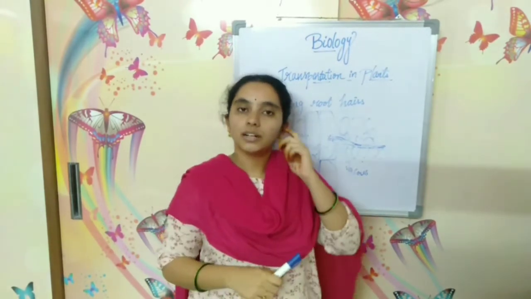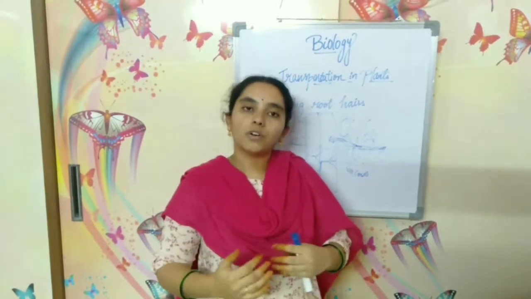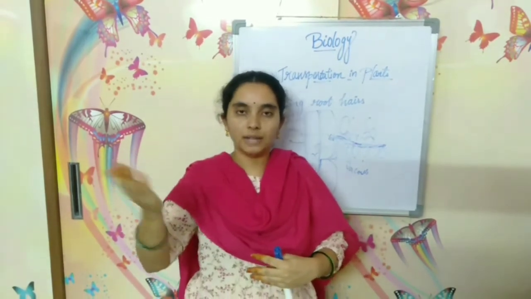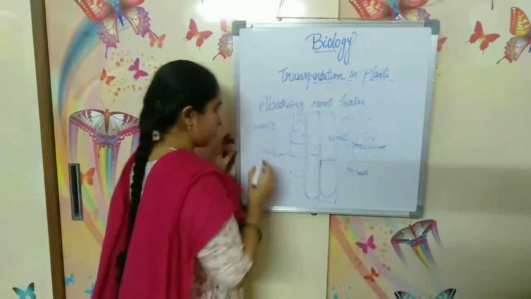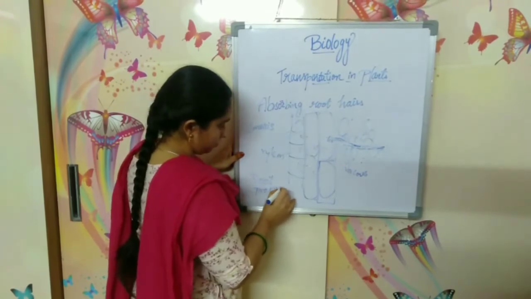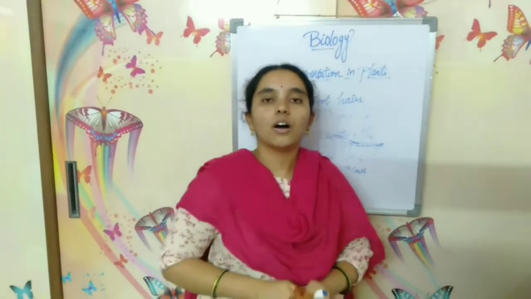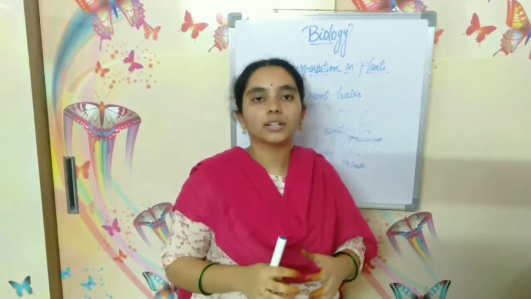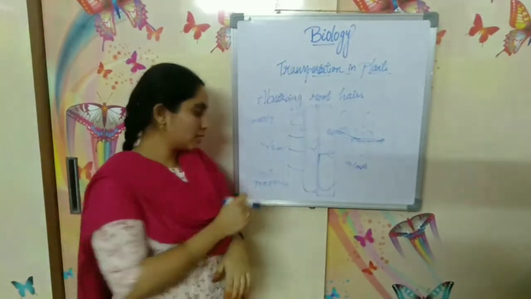So this pressure exerted by the plant or by the root to transport water from the roots to the top of the plant or the top of the tree, that pressure is called root pressure. Root pressure is the pressure exerted mainly by roots, because roots have to absorb the water, or by the xylem, to move water upwards.